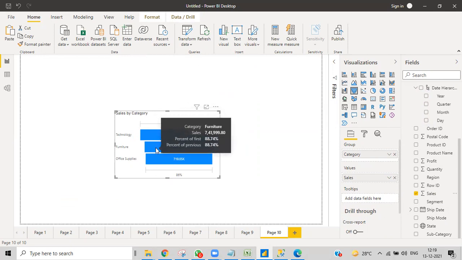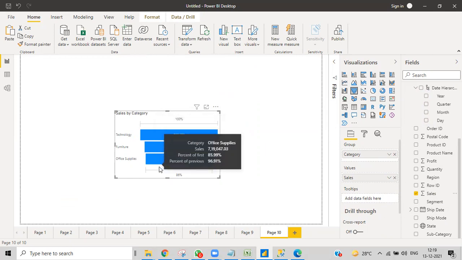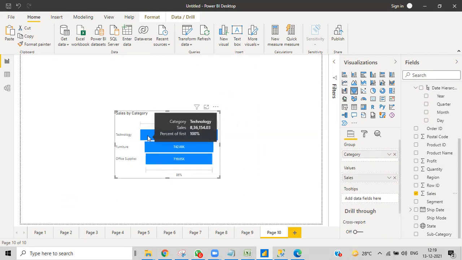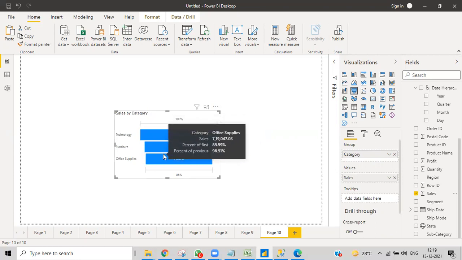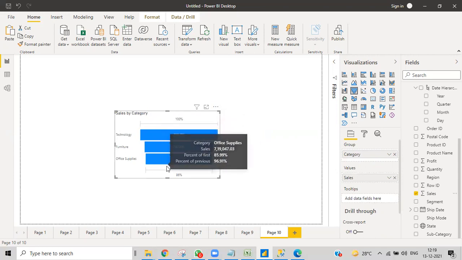How much percentage is this one, and how much is this one? If this is 100%, then this is 88%, and this is 85.99, and this is 88.76. If you want to compare like that, then you can have this kind of thing.